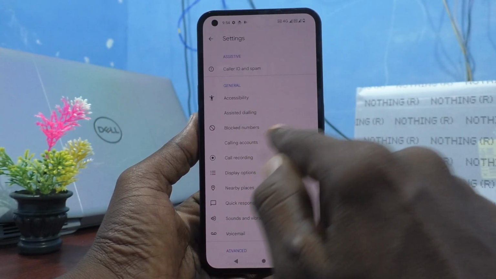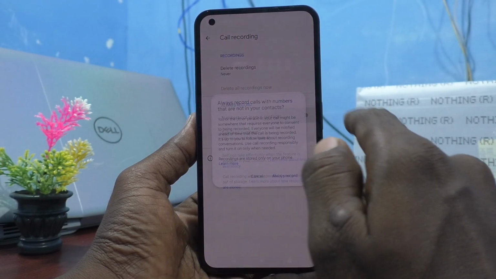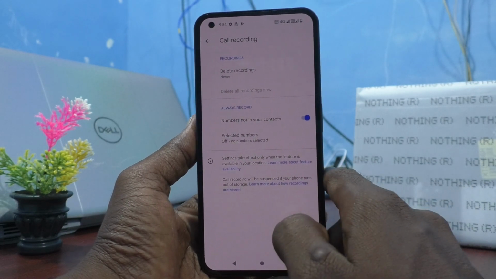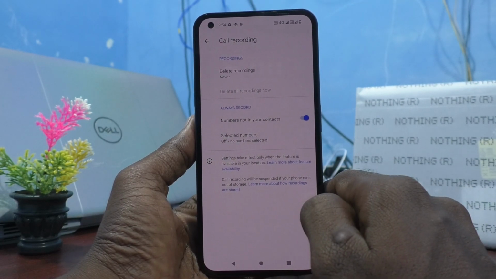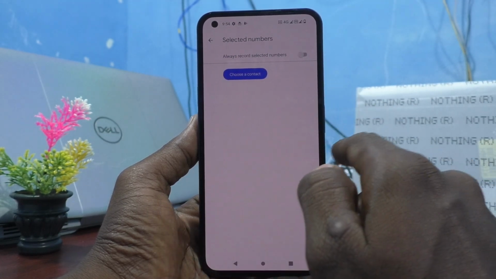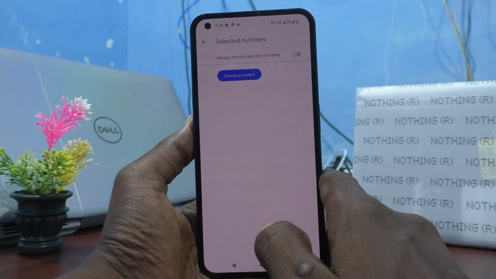Now select call recording, and if you select numbers not in your contacts, the contacts that are not stored in your phone can have the auto call recording. And if you select other options, selected numbers, you can include some particular numbers, and those numbers will have only